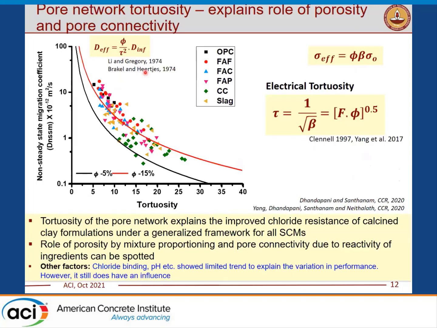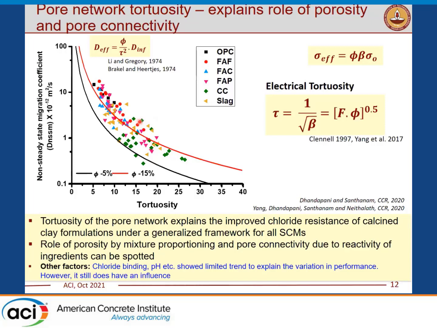So we do feel that tortuosity as a pore network parameter explains the improved chloride resistance that we see with calcined clay formulations across a wide range of binary and ternary formulations. We tried to purposefully make some calcined clay concretes with higher porosity, and all that we could end up with was here. Because of the dense pore network and highly tortuous porosity,